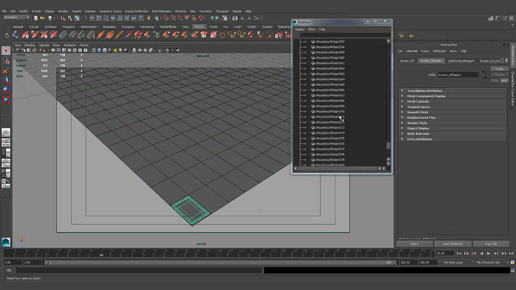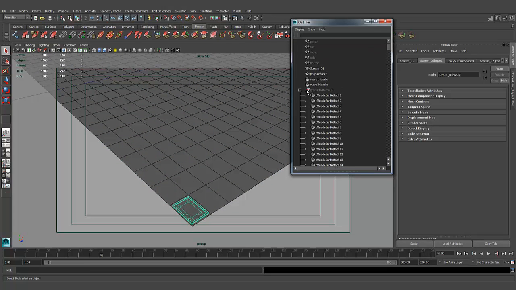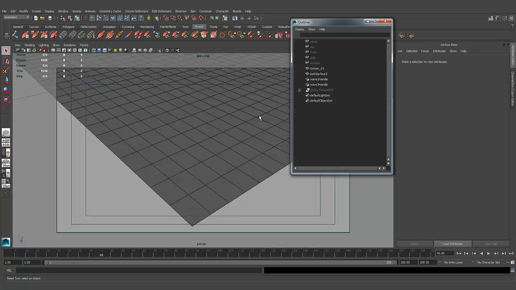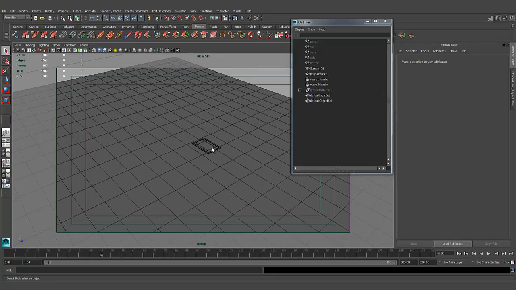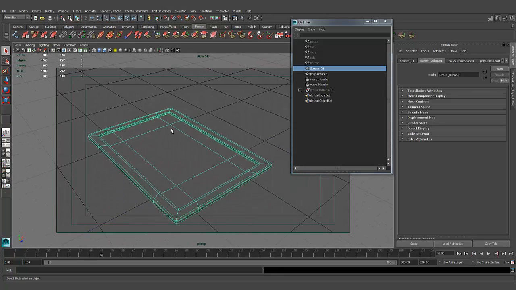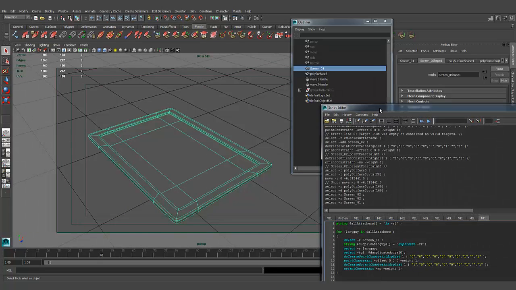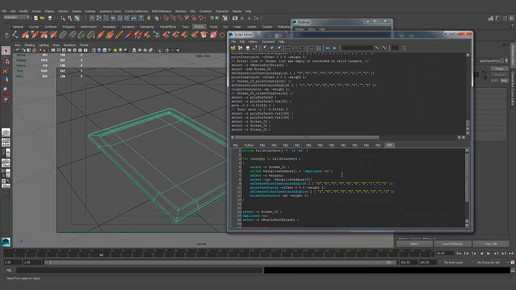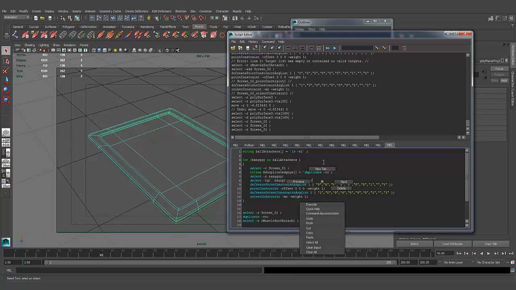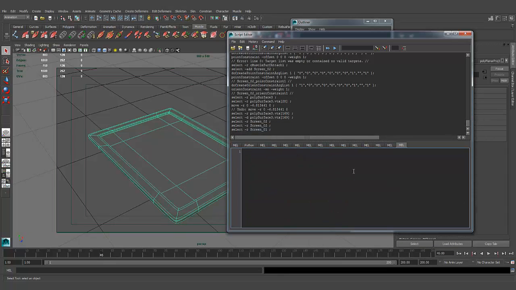Okay, now let me delete this because I'm gonna do the same thing in MEL script, to duplicate all these screens and align them automatically. You know, I created this script, so I'm gonna create it one more time. How I did that is just create a string variable, and I'm gonna call this, what do I call it,